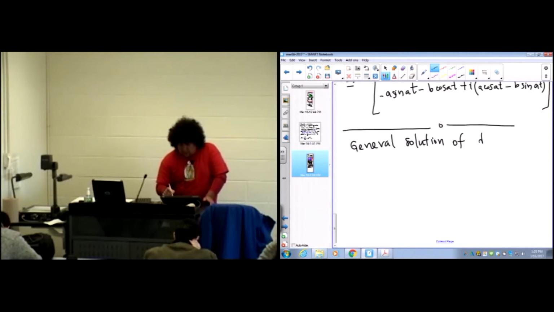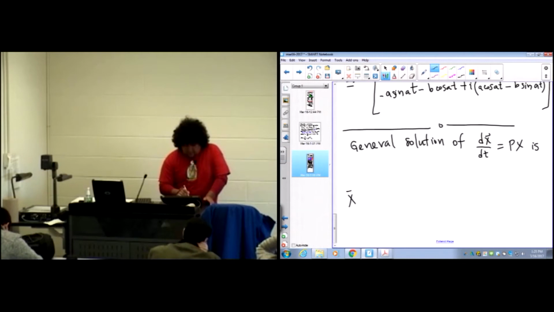That's what we want, right? So there are additional coefficients here, the c1, c2, and c3, that we have to take care of. So that means that x of t